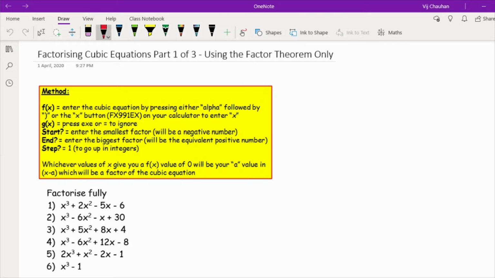So what I've done here is I've copied the steps on how to enter this on your calculator, and I've chosen 6 examples for us to work through for this particular method. So looking at step 1, we want to factorise fully x cubed plus 2x squared minus 5x minus 6. So we can do this, or at least attempt to do this, on our calculator,